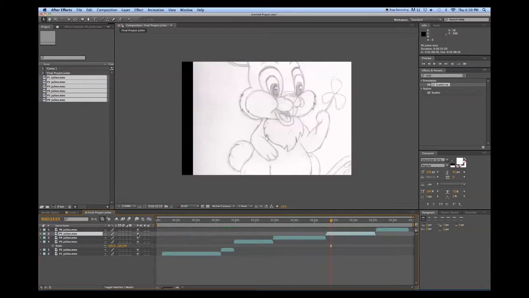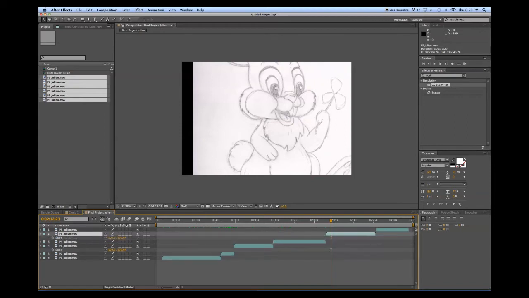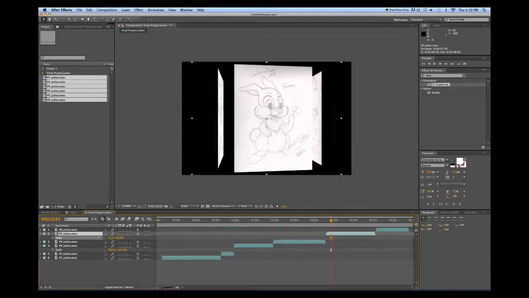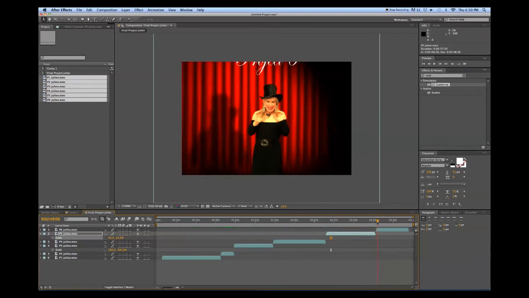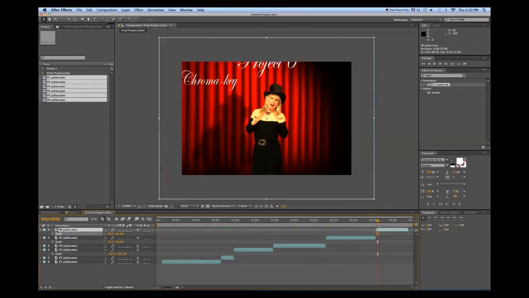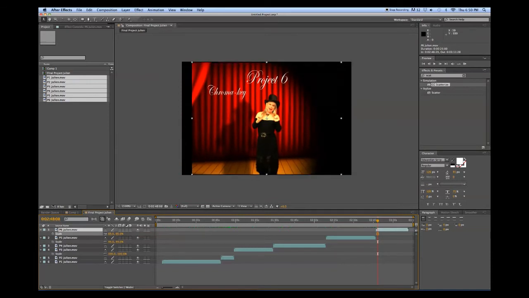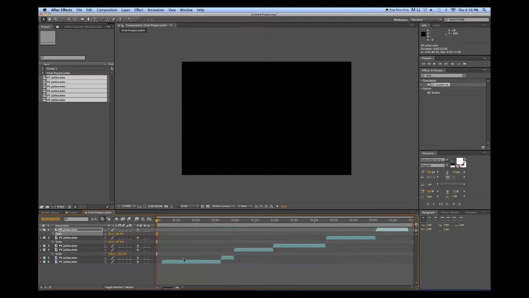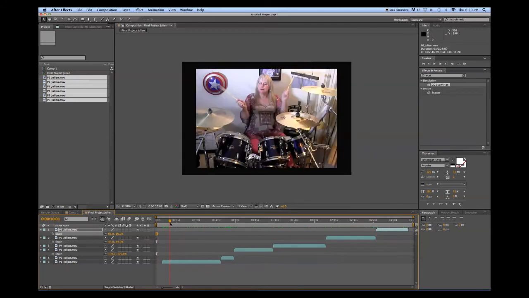This one, however, is going to have to be scaled downward. There we go. And I believe the last one is going to have to be scaled downward. There we go. So all I have to do now is, I didn't put a final project in on this one,